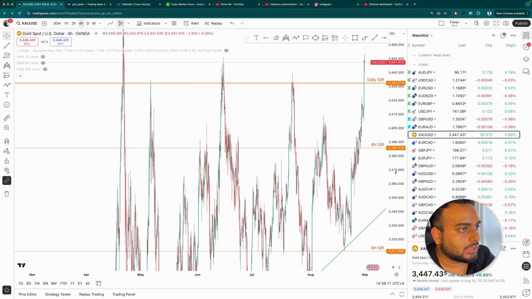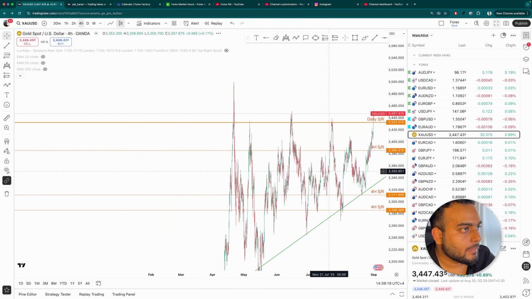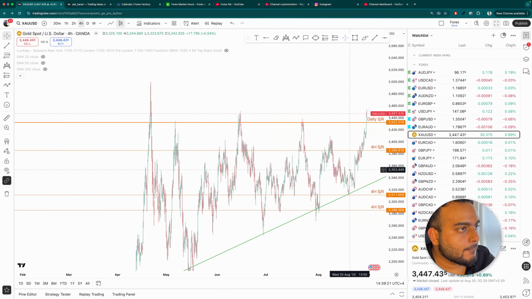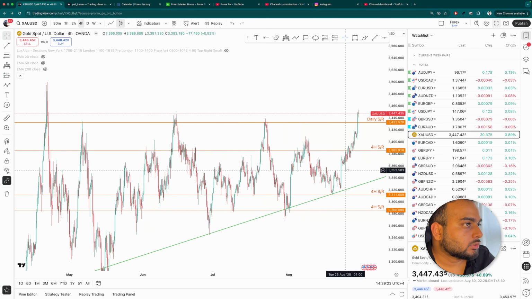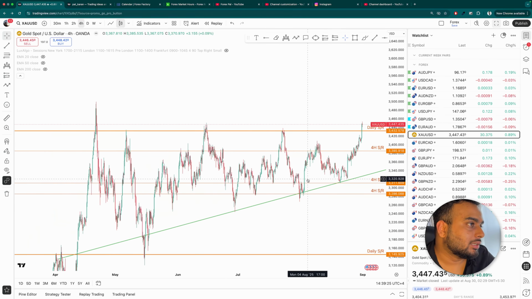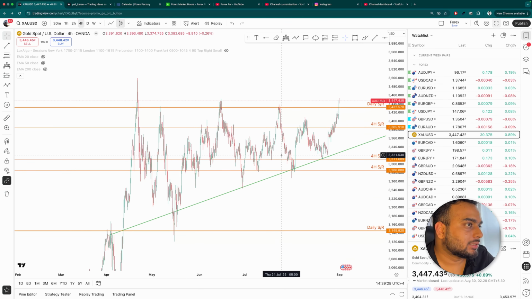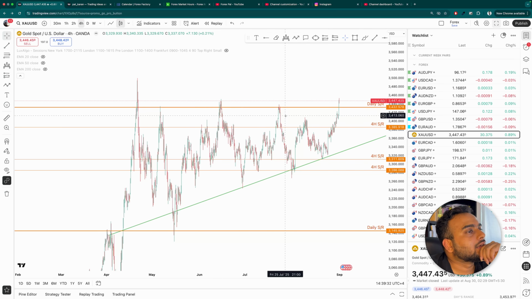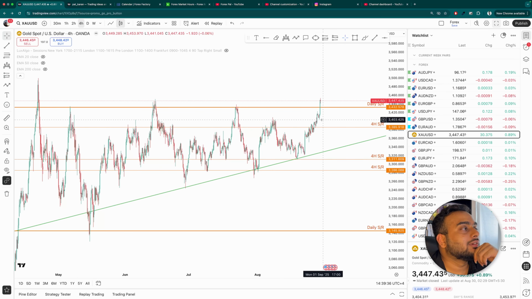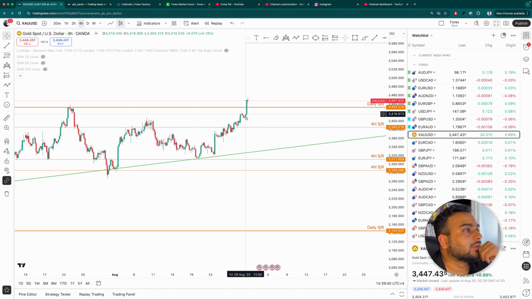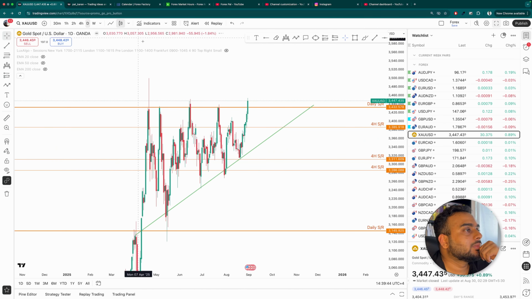Now let's look at XAU USD. So XAU USD is doing something interesting. It is breaking out from its resistance level. It has broken out from its resistance level, and I like how the 4-hour candle is. It's strongly pushing up,